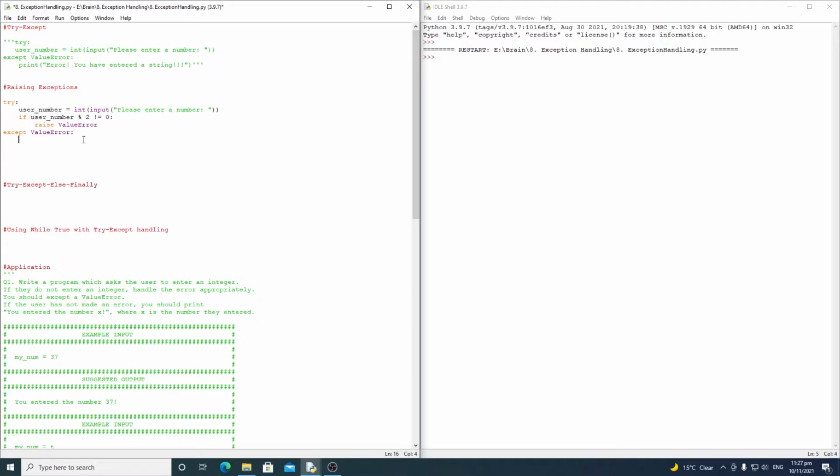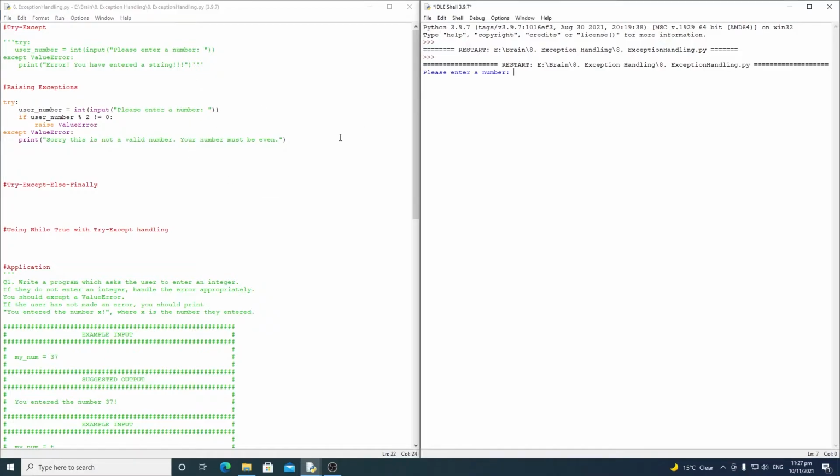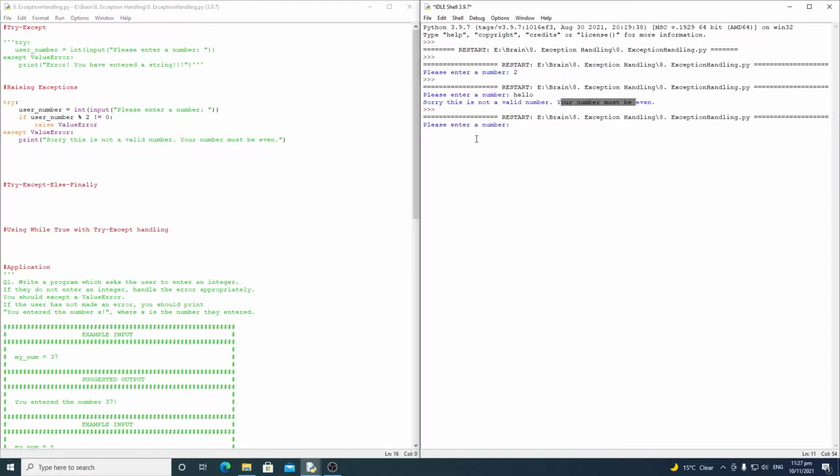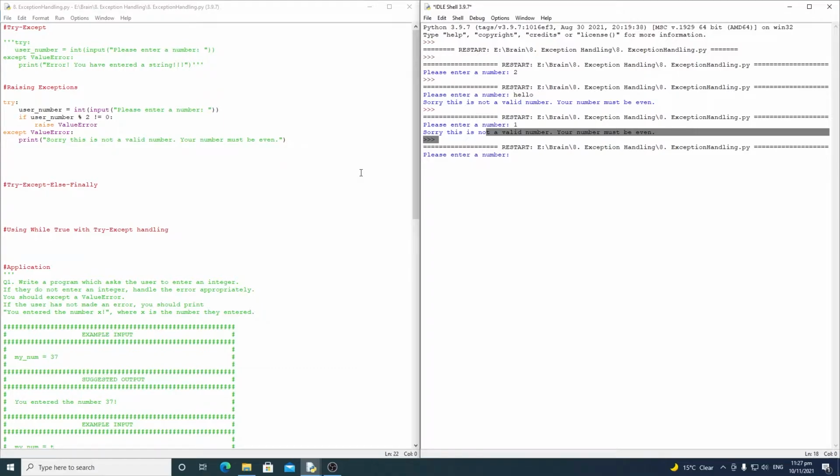And what we're going to do is type in print, sorry, this is not a valid number. Your number must be even. Okay, so let's save this and click F5. So please enter a number. If we enter the number 2, well, the program seems to run just fine. If we enter a string, hello, sorry, this is not a valid number. Your number must be even. Now, if I enter 1, well, you can see that doesn't work again. And if I test out the number 500,